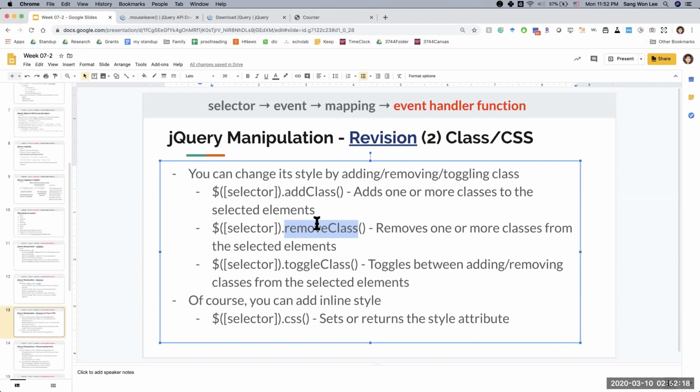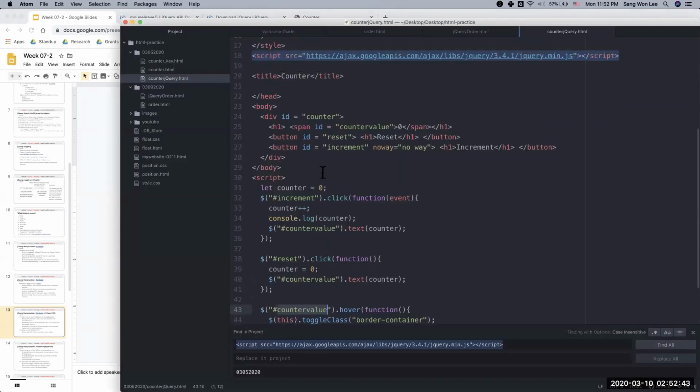If it's overdue, it has to be in red. If it's complete, it has to be in green. So adding a class or toggling a class will be useful for that stuff. Of course, you can just use CSS code, and you can add inline CSS code. So let me actually create one more button